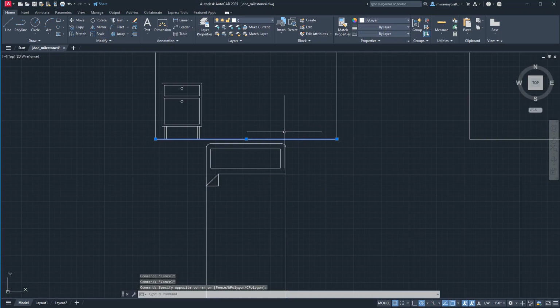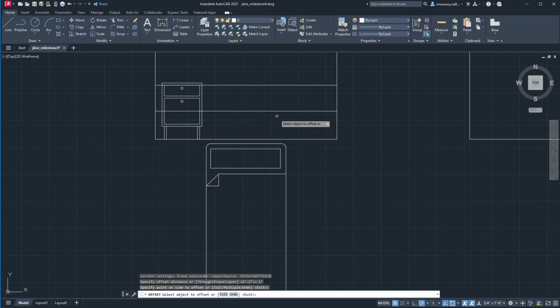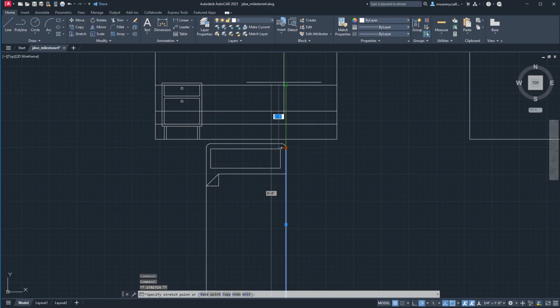So we'll go ahead and offset actually the floor 25 inches up. We'll offset it down again 1 foot. And then again 6 inches. So this will be sort of our mattress area. This will be the sort of frame around the bed. And then again, we'll do the same thing where we take this to measure the